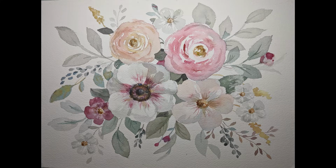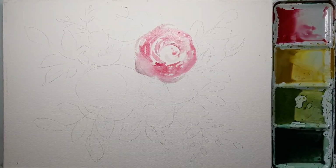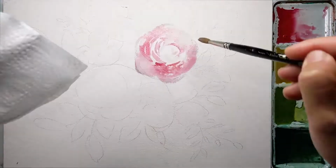Hi friends, we're painting a watercolor floral bouquet. It's a floral arrangement looking straight down from above, and the light source, a very gentle light source, is coming from top right. I'm painting pink ranunculus first and adding a little bit of soft pink, grayish pink to the